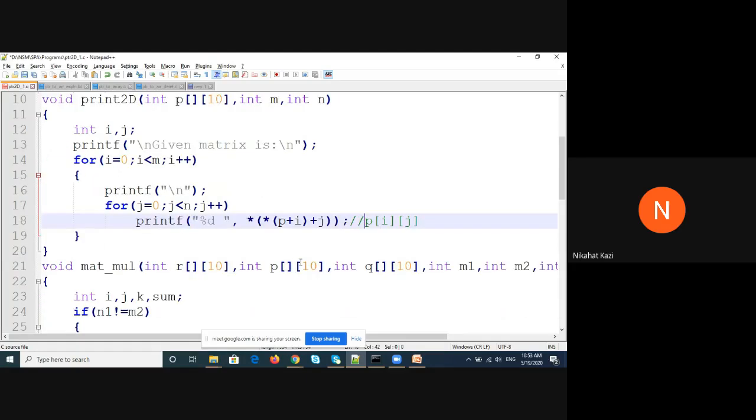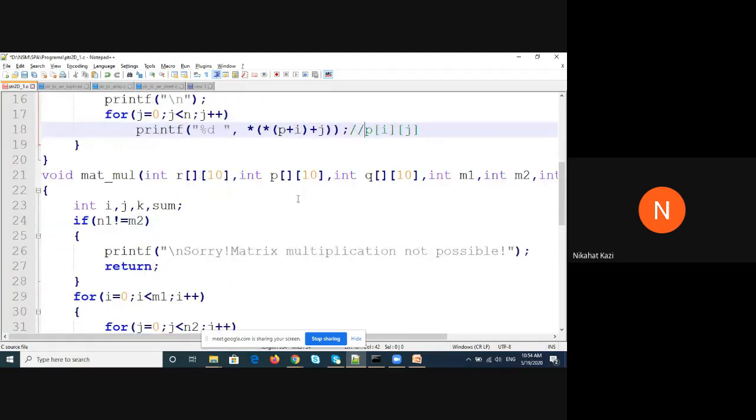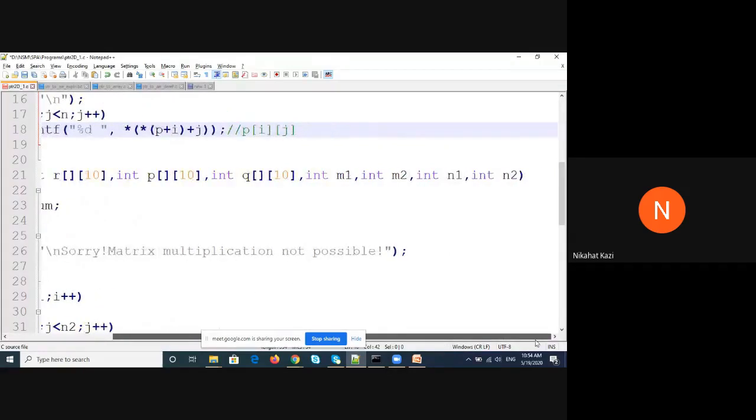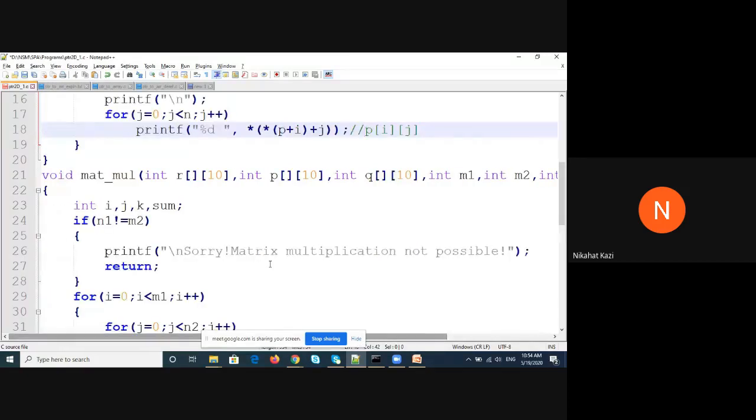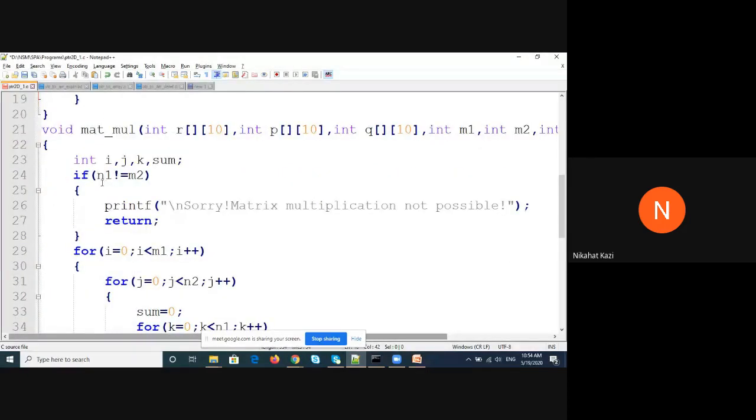And when I come here, for the multiplication, P and Q are the matrices and R will be the result where I want to save it. M1, M2 and N1, N2: M1 cross N1 and M2 cross N2 are the dimensions of P and Q. So we do that check: N1 should be equal to M2.